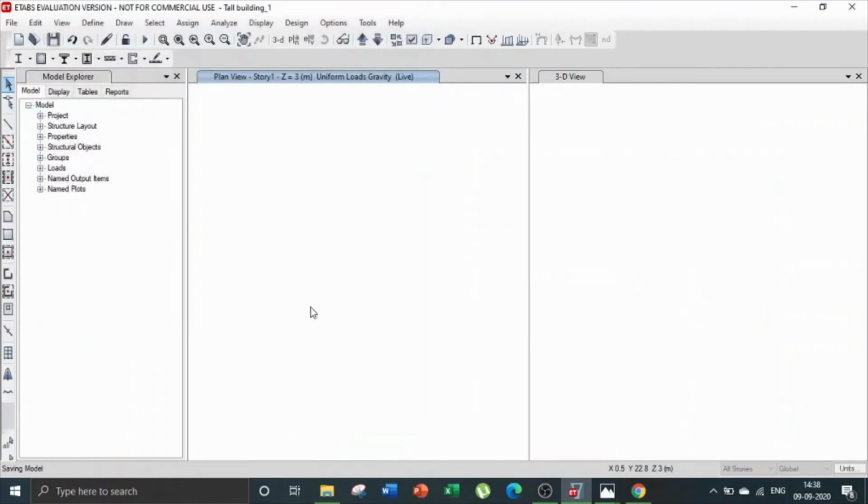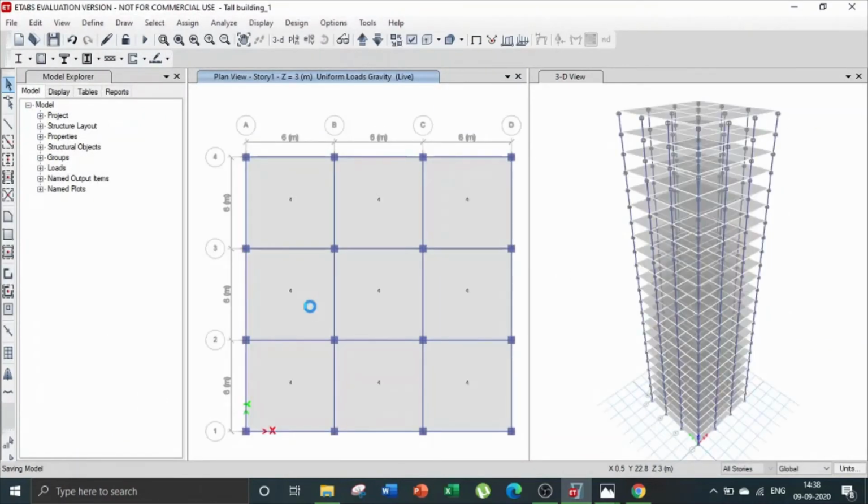Save the file. After saving the file, it will take a few seconds to run the analysis on the model. You can see the progress of analysis below on the left hand side.